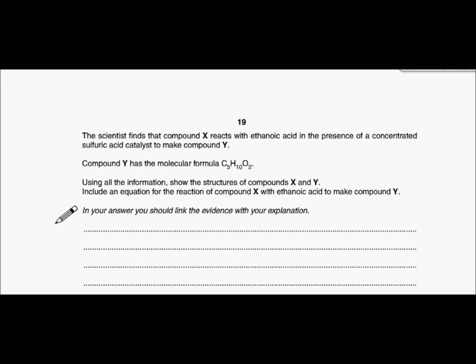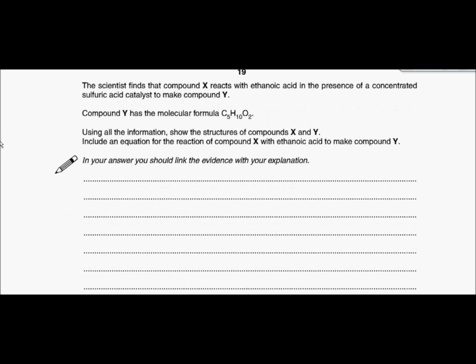This then is to identify compound Y. We know that X reacts with ethanoic acid in the presence of a concentrated sulfuric acid catalyst to make Y, and it's given us the molecular formula of Y. So what I can do now is say that, and I have to state, because it's got this pencil here, this pencil, quality of written communication, wants you to state the obvious. It just wants you to say that